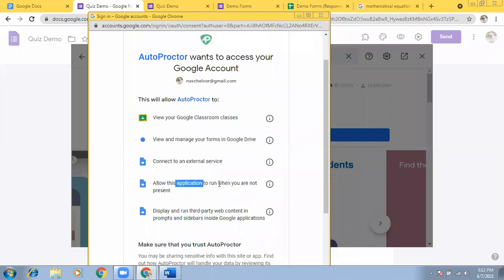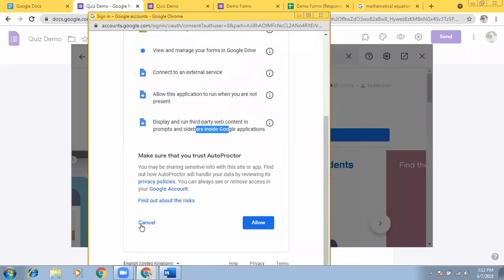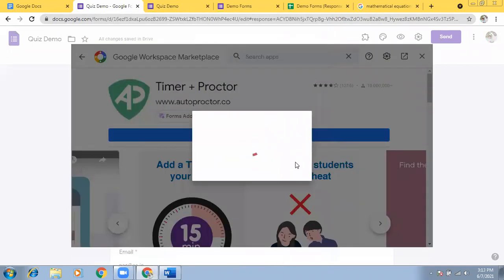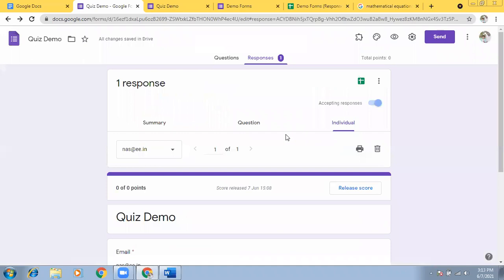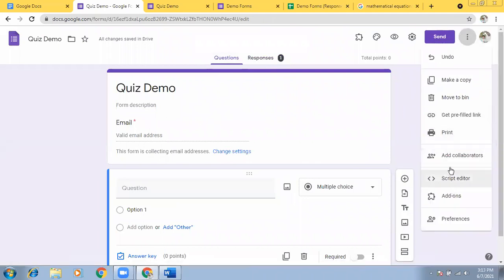Then you see, allow this application, and many permissions. Sometimes some add-ons try to access our email inbox also. Please read it before you allow, and if it looks threatening, better you don't use such things. I don't know how my Google account got hacked recently, even though I had activated two-step verification and all.